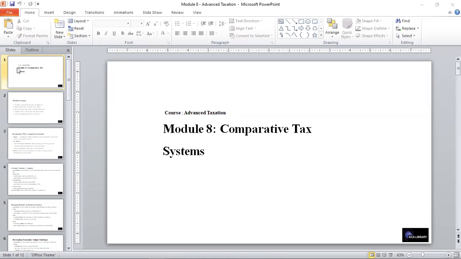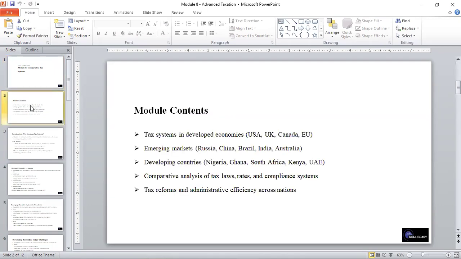And we'll be talking about comparative tax systems. Here we'll look into some countries and compare their tax systems with each other. We'll look at tax systems in developed countries, focusing on the USA, UK, Canada, and the European Union. We look at emerging markets like Russia, China,